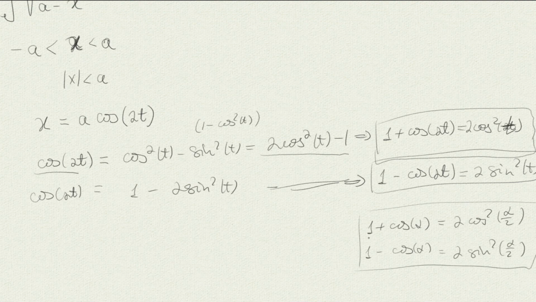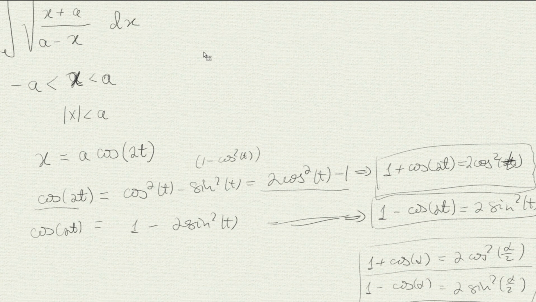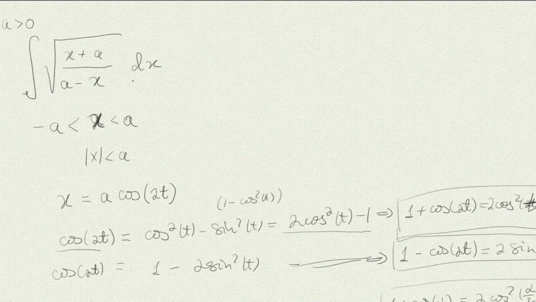Hopefully you'll remember those useful identities, or at least remember that 1 plus cosine or 1 minus the cosine is something that is useful. So this domain of definition gave us a hint of what we should substitute. And now let's see, as we make this substitution, how nicely things turn out to be. So upstairs, when we take x to be a plus a cosine of 2t,